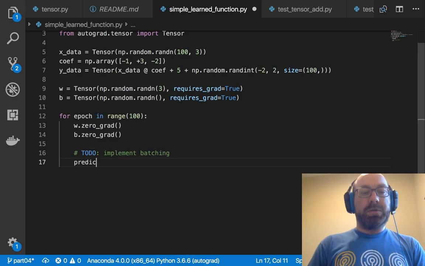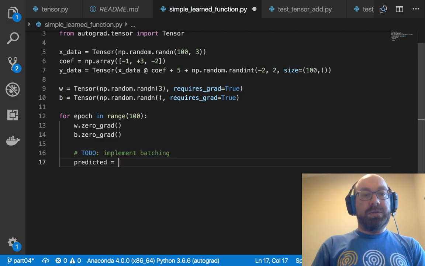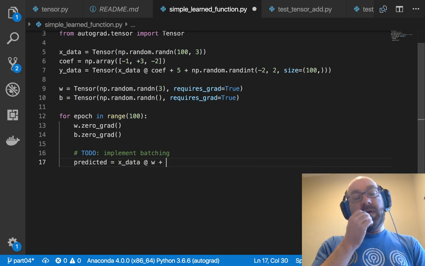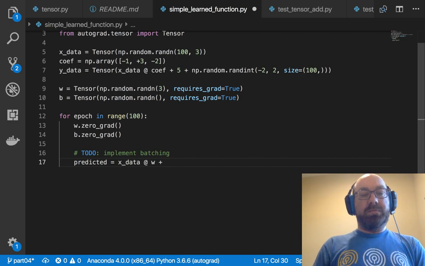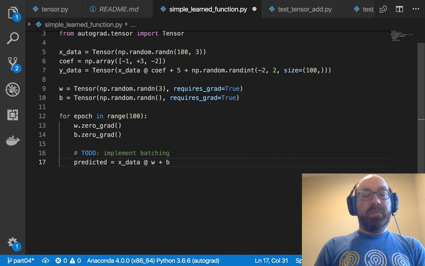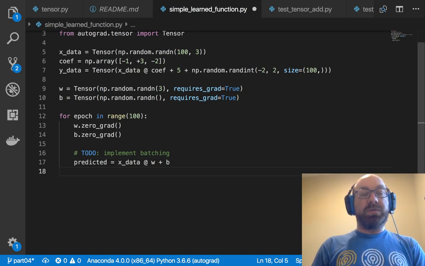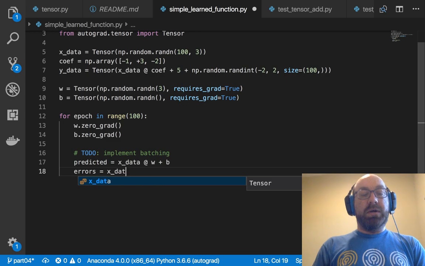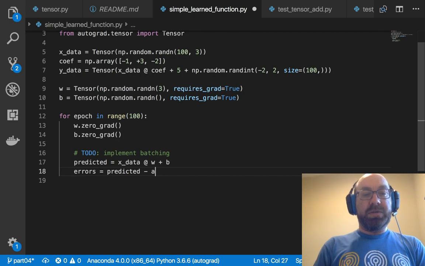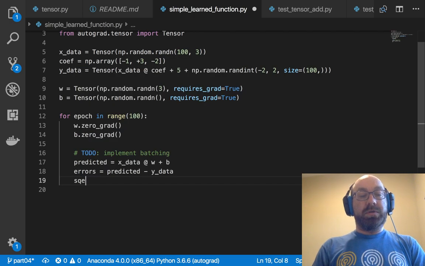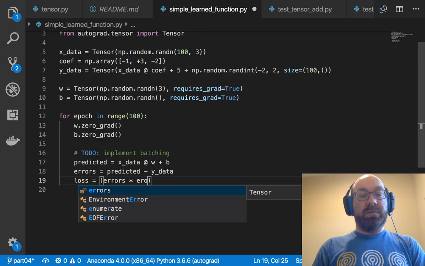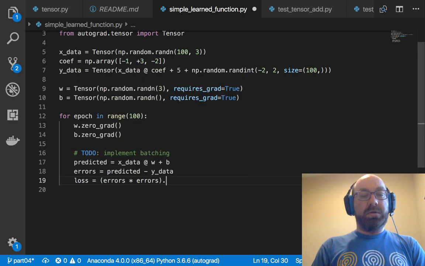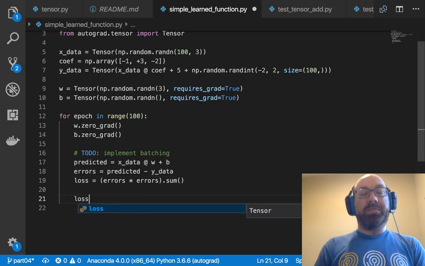So we want to make some predictions. So we'll say predicted is x data at w plus b, right? And then actuals is just y data, so that means that the errors is predicted minus actual, except I didn't call it actual, it's called y data, squared, and then loss equals errors dot sum, and then this is very similar to what we did to minimize the sum of squares function,